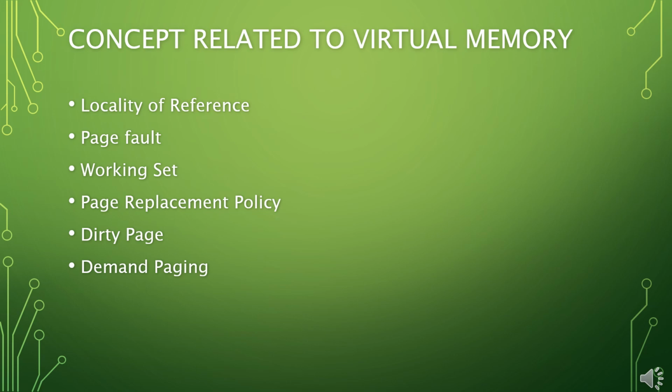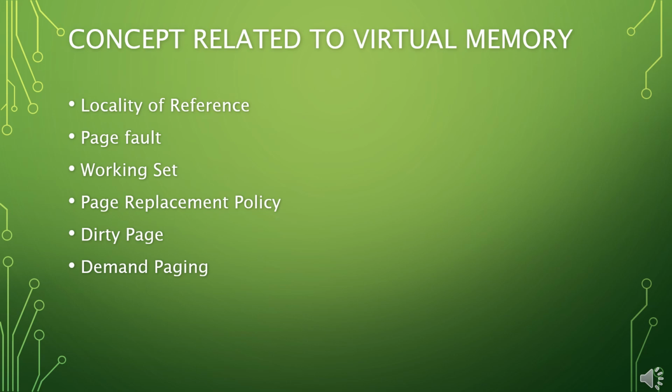The next is working set. At any time, a process has a number of pages in the physical memory. Not all of these are actively referred. The set of pages in the physical memory actively referred to at any moment is called the working set. So the frequently working program is known as the working set program. This has a significant bearing on the policy of bringing in pages from the disk to the main memory if the operating system follows the working set model.